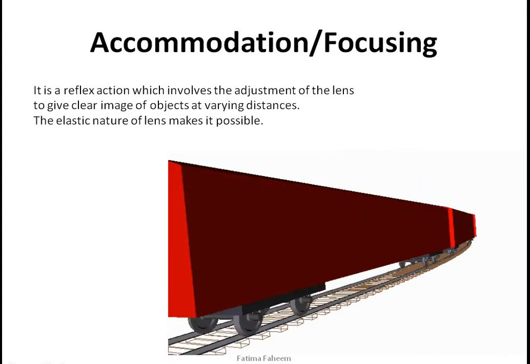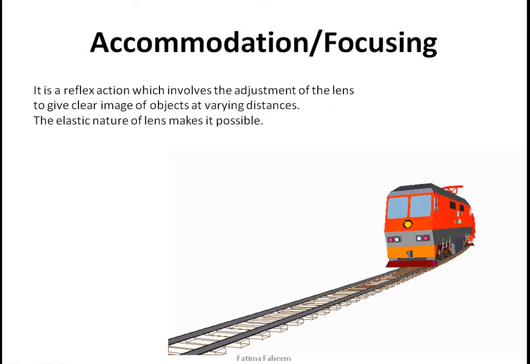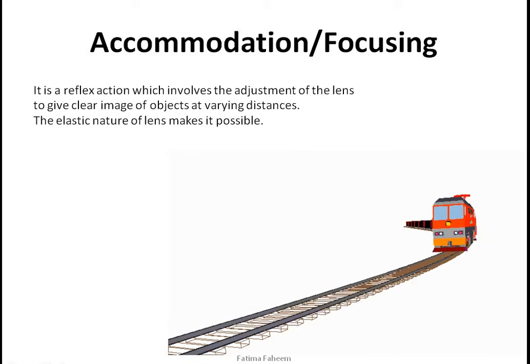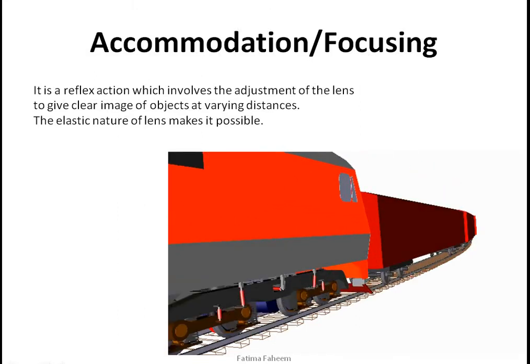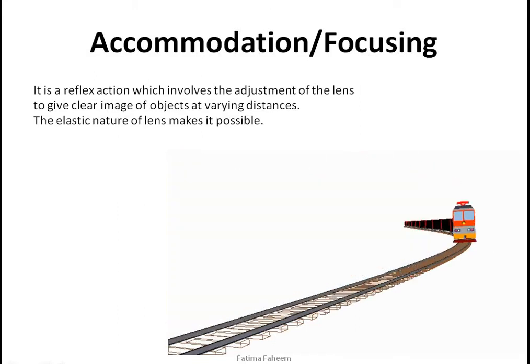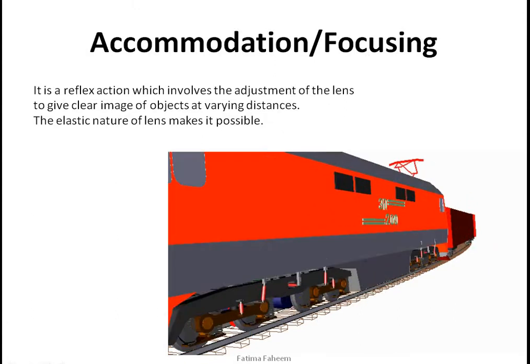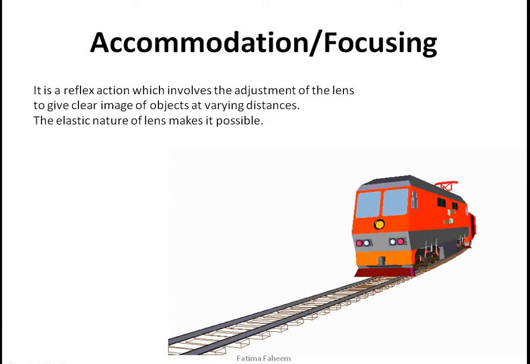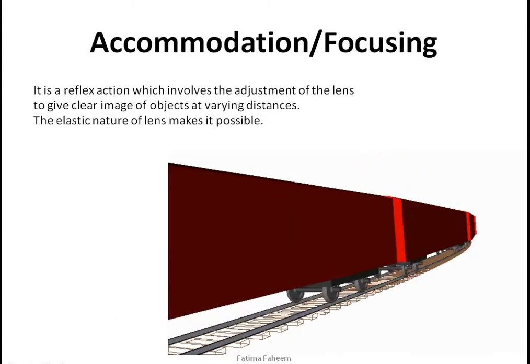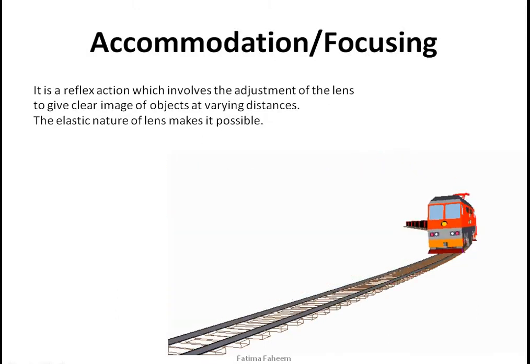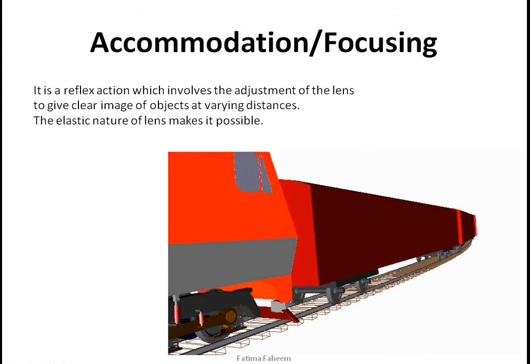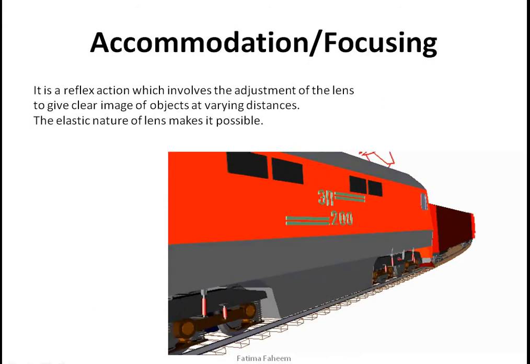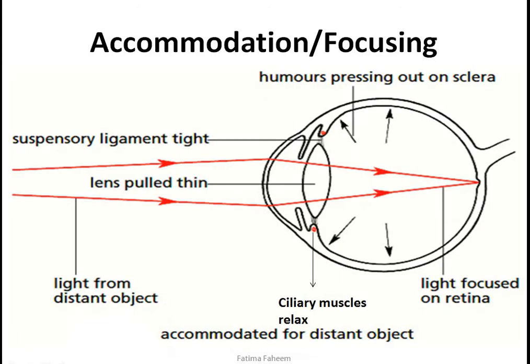It's a common observation that whenever we are looking around, we are looking at things which are near to us and also which are far from us. To view those objects clearly, it is important that our lens accommodate itself or adjust itself depending upon the varying distances, and it is purely done because of the elasticity that the lens possesses. First, we will see what is going to happen or what the system is to view things at distance.